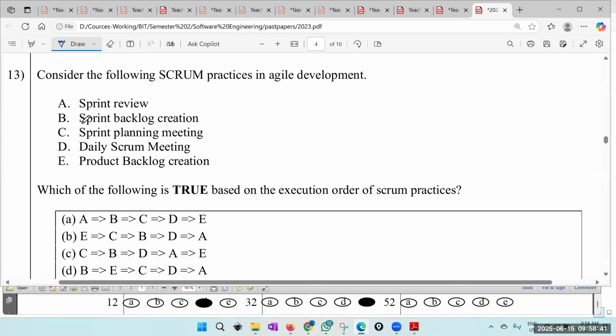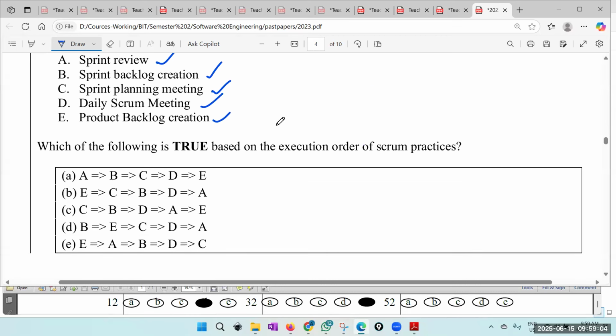Consider the following Scrum practices in agile development. Sprint review, yes. Sprint backlog creation, yes, that we do in the sprint planning meeting. Sprint planning meeting, yes. Daily Scrum meeting, yes. Product backlog creation. Right, what is the order? So let's say sprint review must be at the very end. Sprint backlog creation must be at the very beginning. Sprint planning meeting must be before that, because sprint backlog creation is done there. Daily Scrum meeting must be somewhere here. Product backlog creation must be